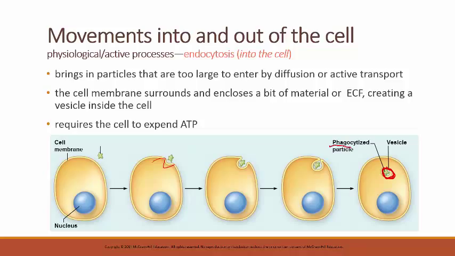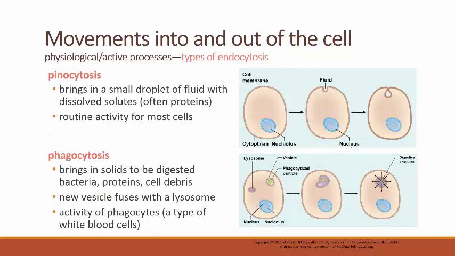So endocytosis brings materials into the cell. If they are solid material, and in endocytosis there are two ways that it can happen. If what we're bringing into the cell, rather than being a solid thing, is just a bubble of fluid, we refer to that as pinocytosis, sometimes called cell drinking. And then phagocytosis brings in the solid materials. Most cells do this cell drinking, this pinocytosis, and they just absorb the water into the cytoplasm,